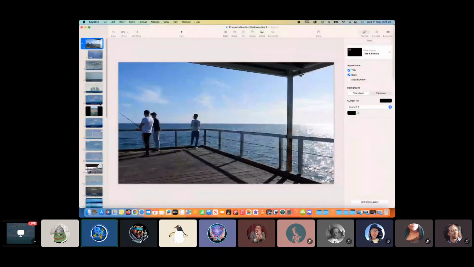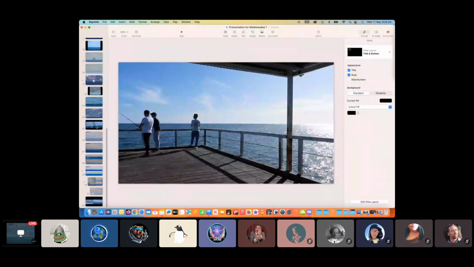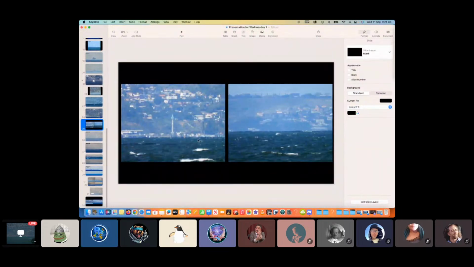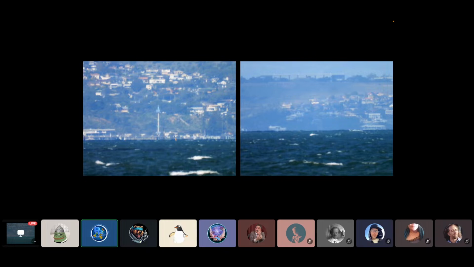If I go here, I did some of this. So there's a comparison of this day. I'll blow it up a little bit bigger. So we see that image on the left. This is the same day. And if you're looking, although it's a hazy day, it's a defined clear horizon, right?